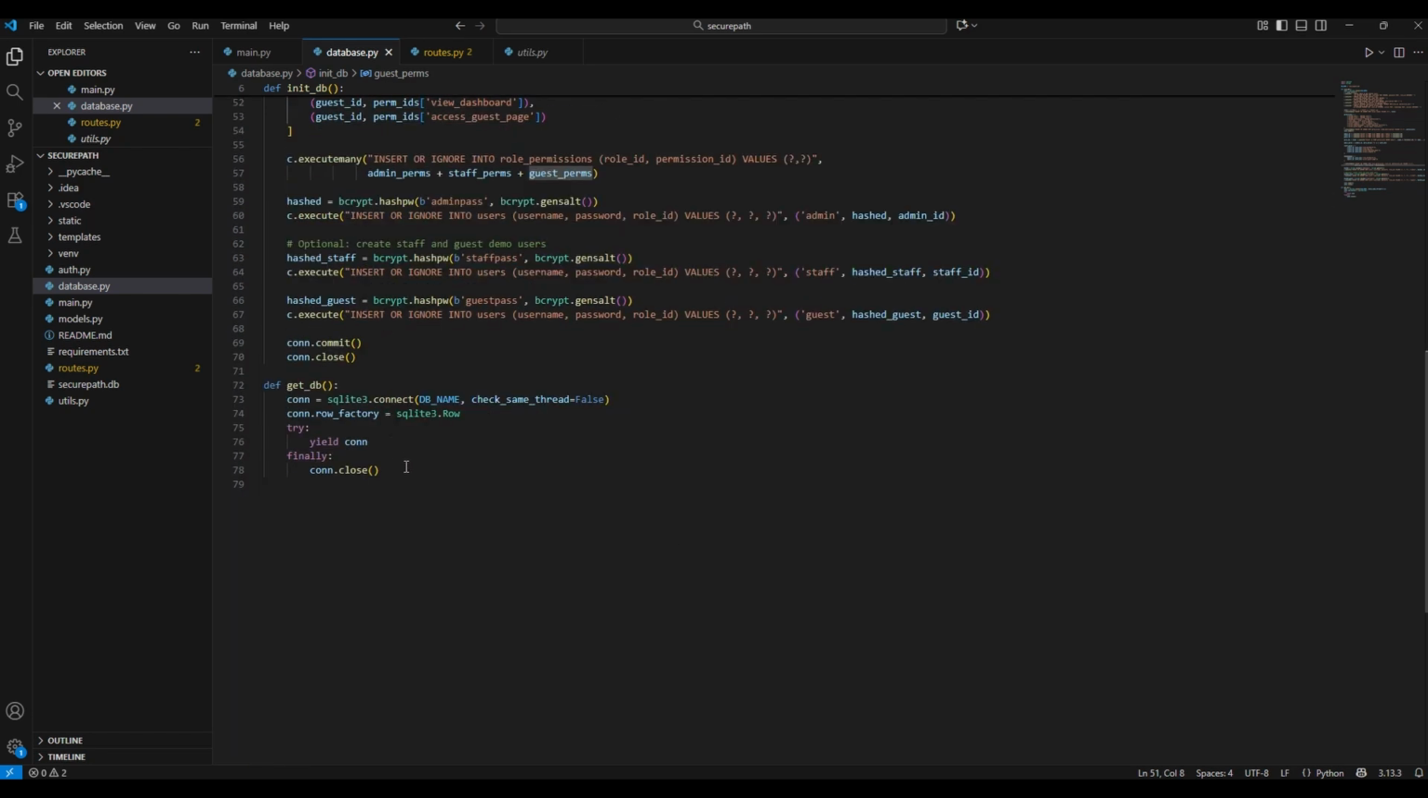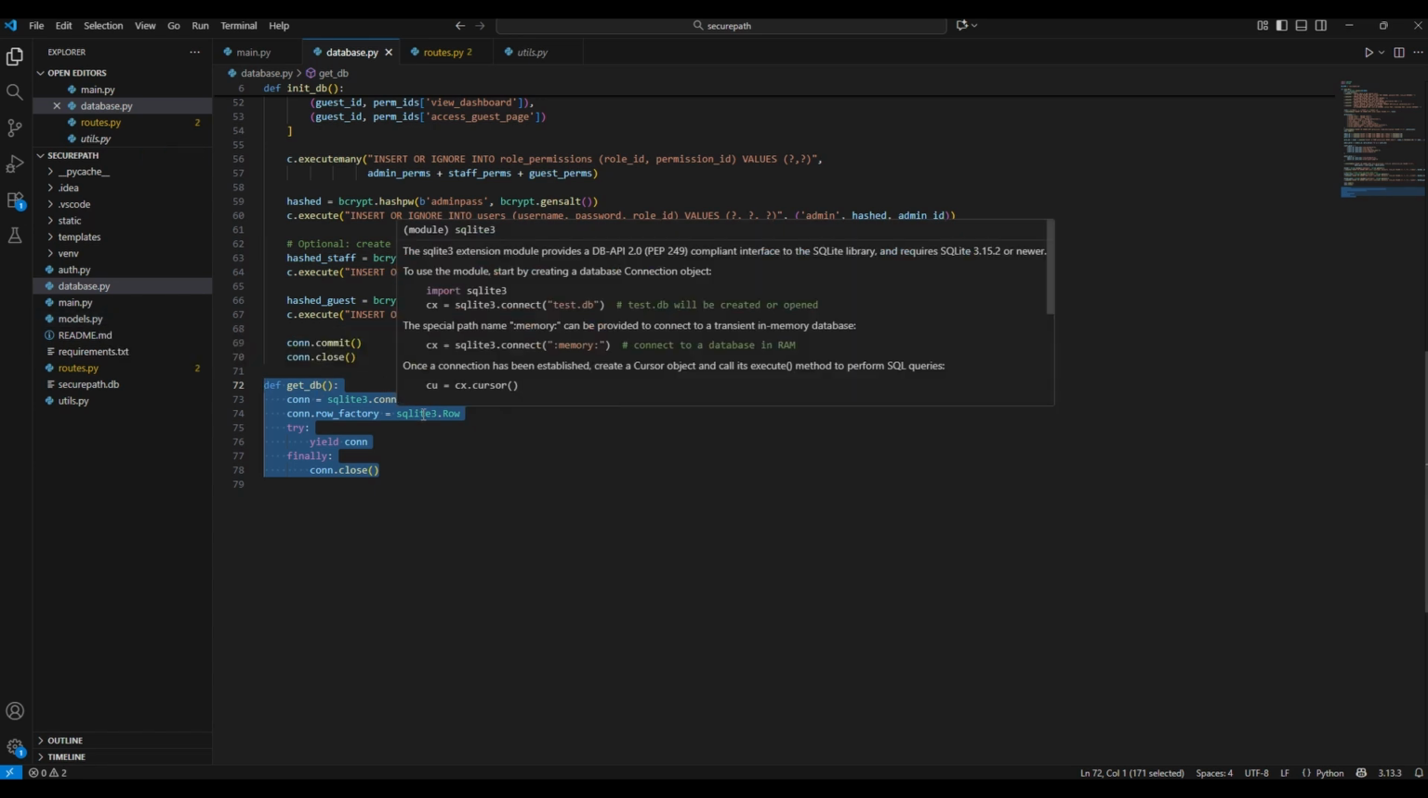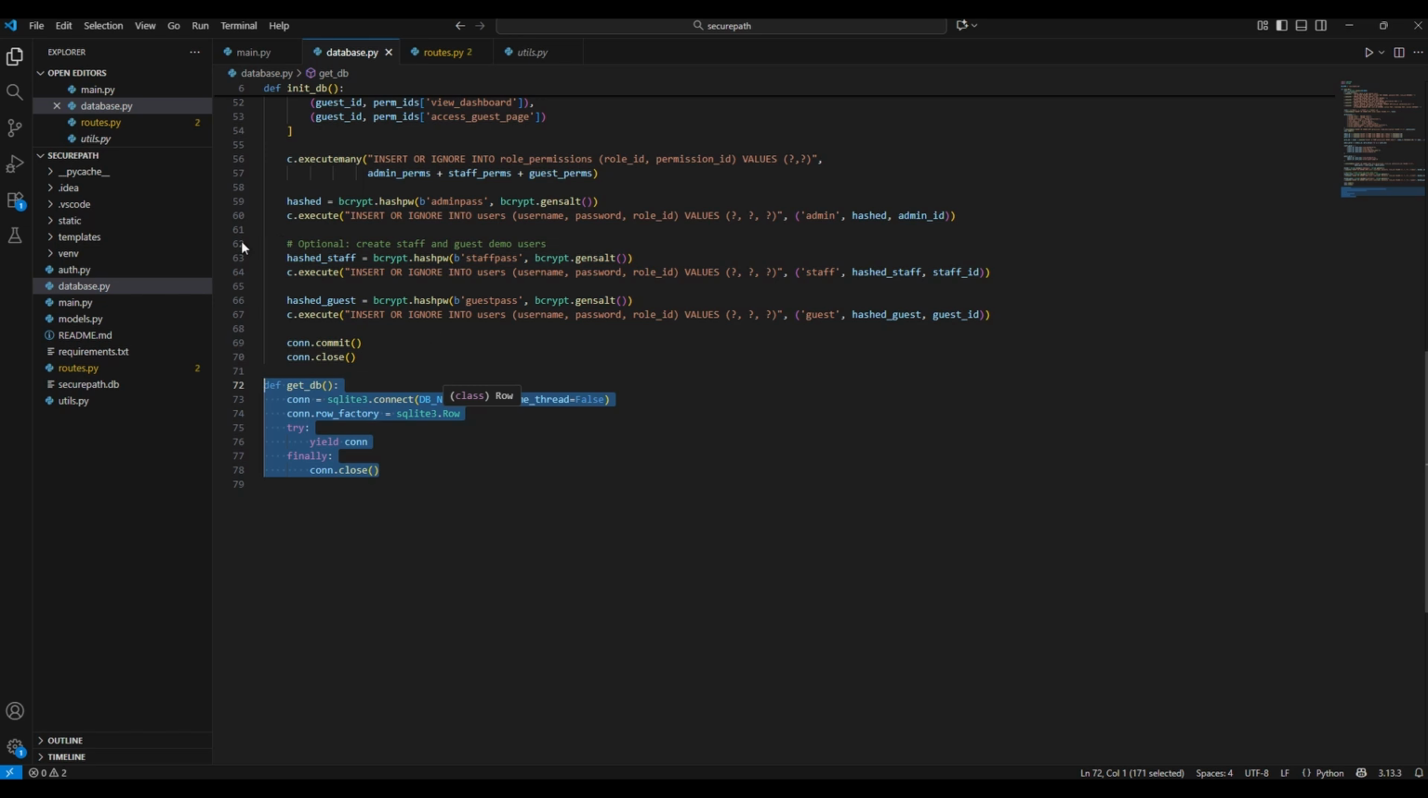And I want to highlight this function right here. What this does is it allows all other files to call onto this function to connect to the database in order to store and get information from the database. So the last file I want to go over is